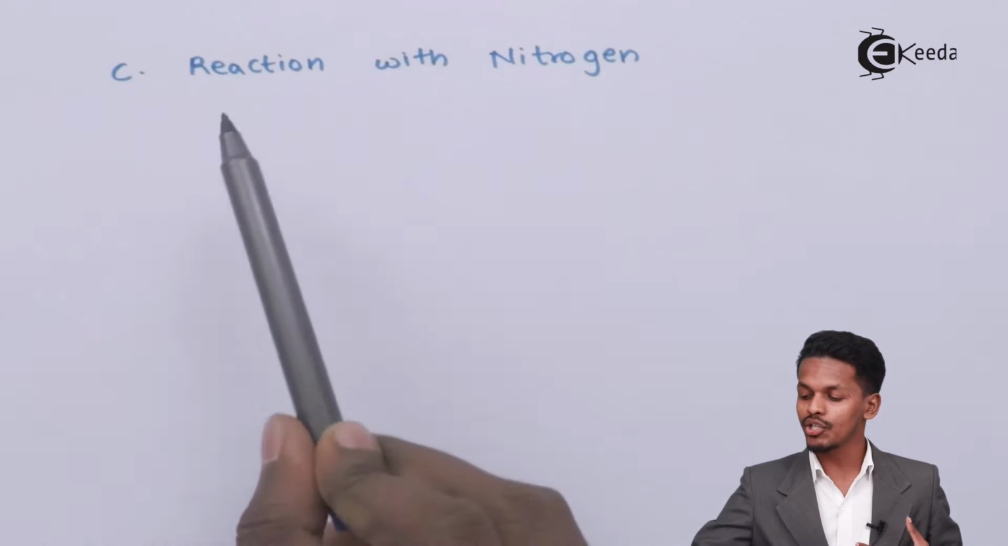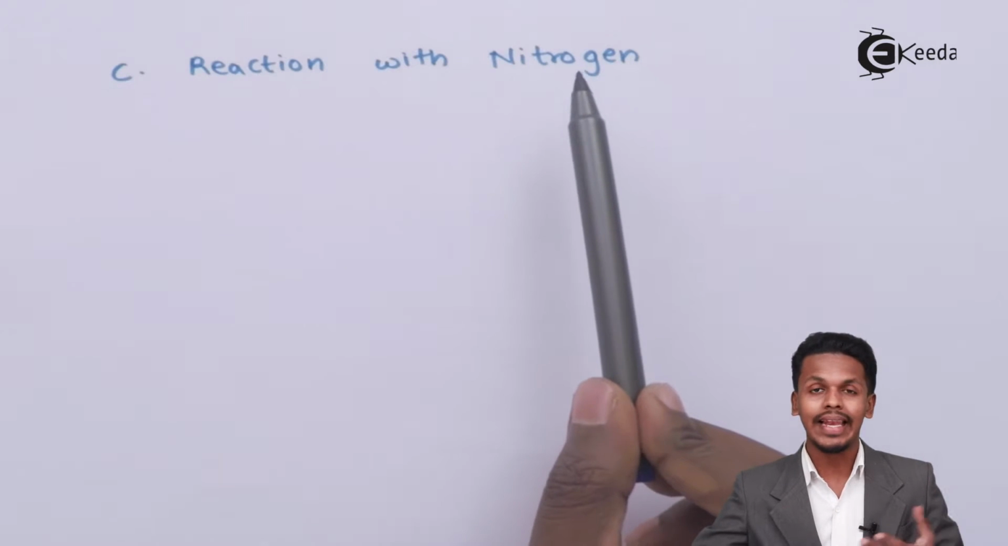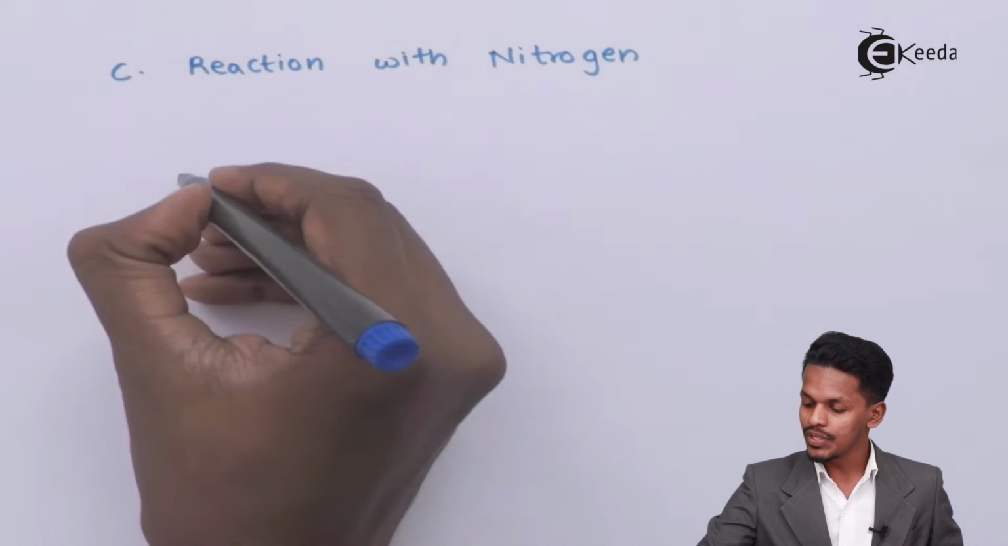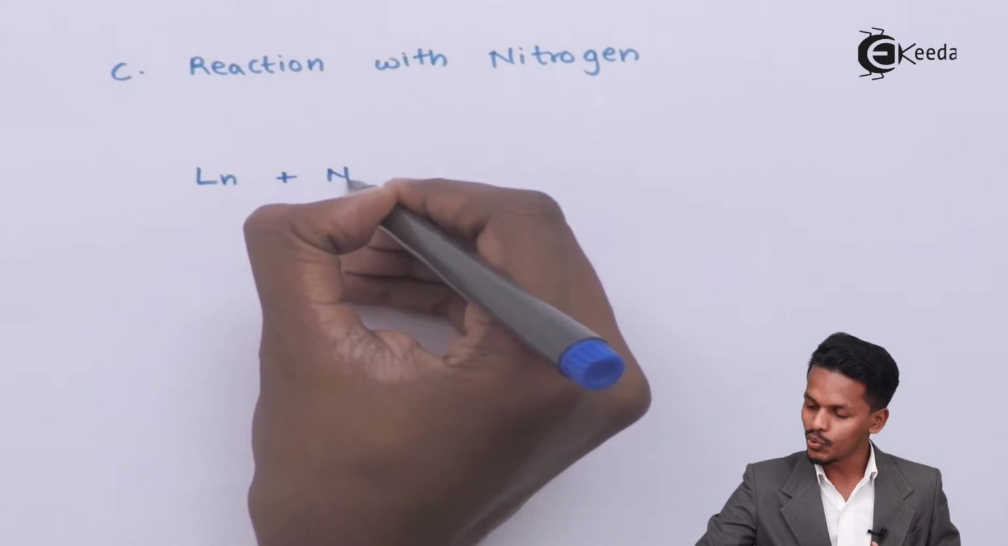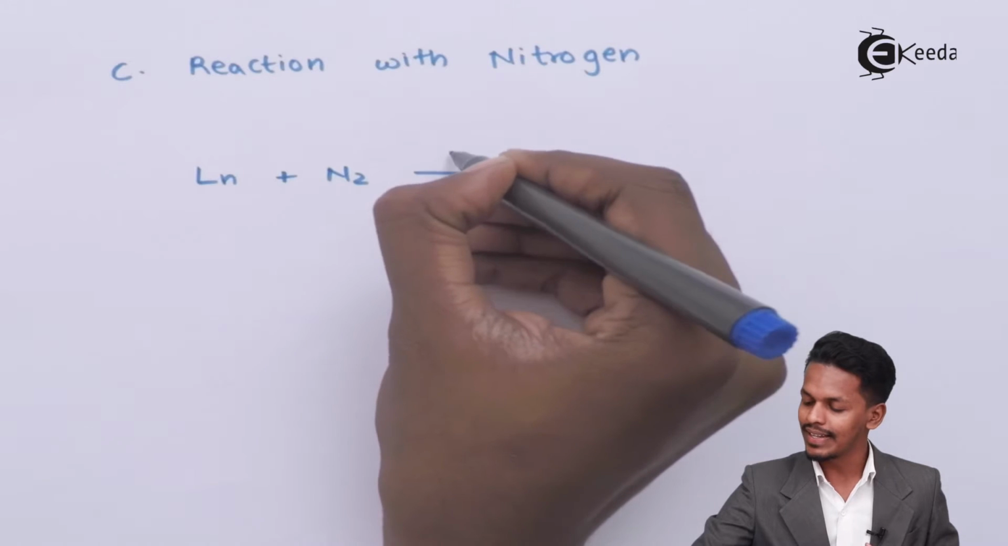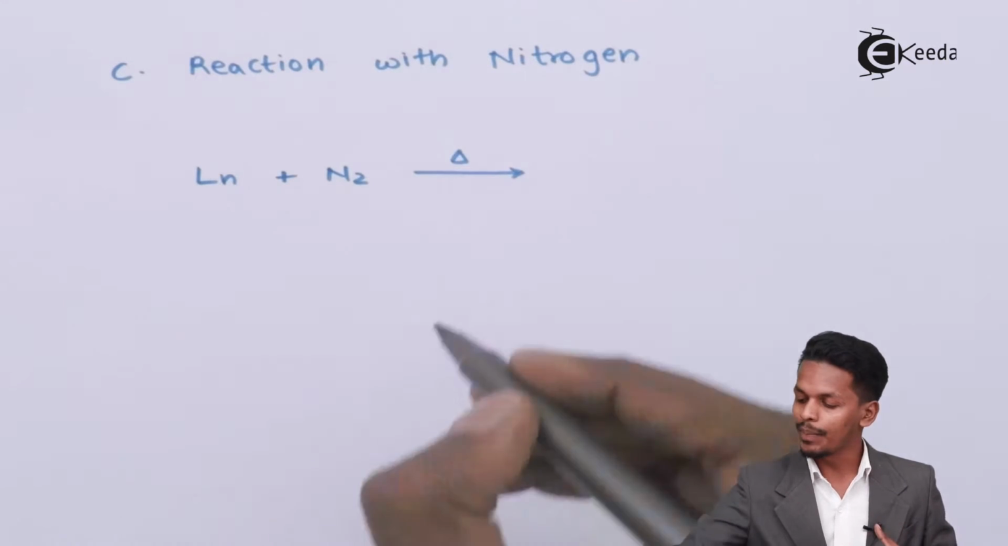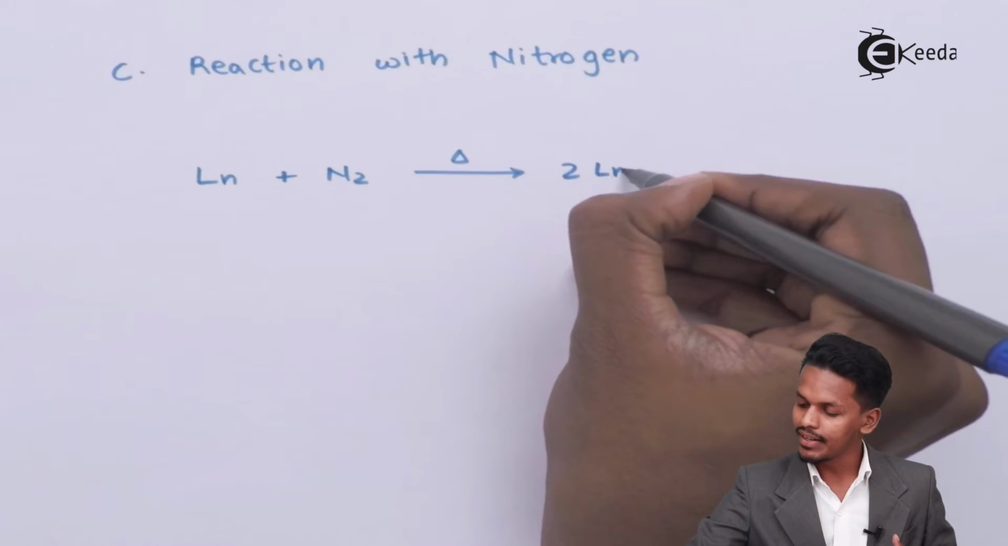The next is the reaction of nitrogen with lanthanides. Suppose lanthanoid, Ln, is treated with nitrogen, N2, in the molecular form. At a particular temperature we could obtain 2 moles of Ln